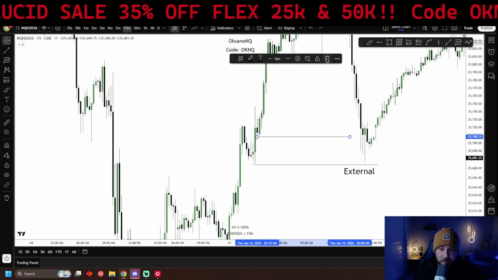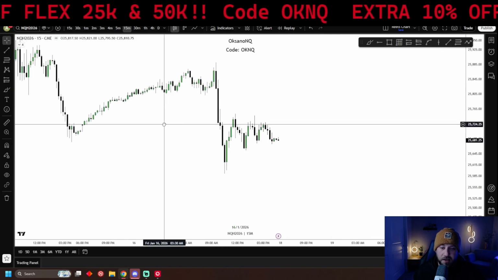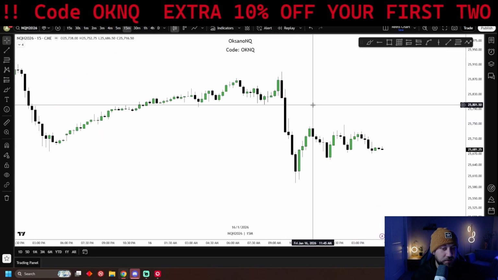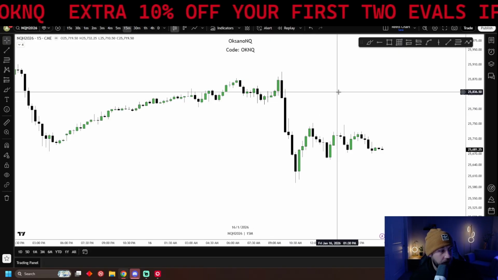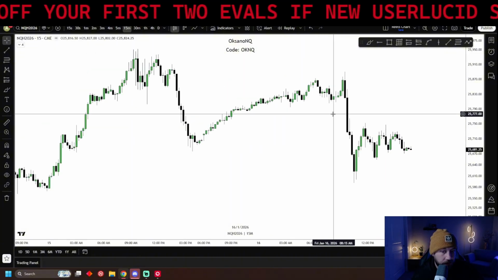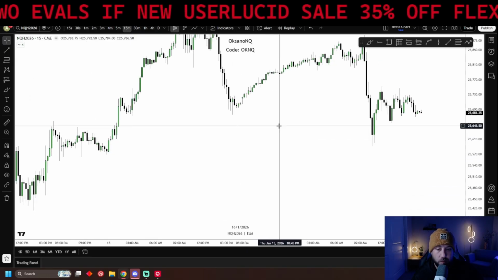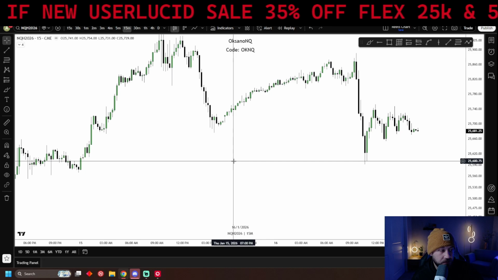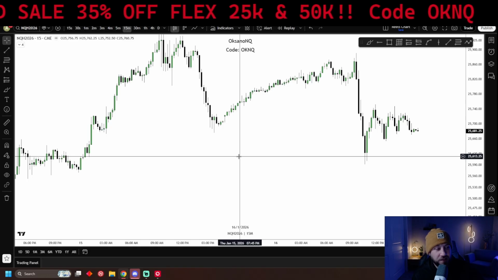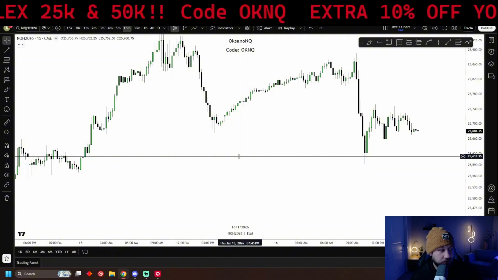So don't always marry the external. If you're marrying the external and waiting for it to get hit and it's not, it's okay to change time frames to try and find something else. It just has to be an obvious swing high or swing low. If we're waiting for the hourly sweep all day and don't get it, but then we don't bother checking other time frames, and then we're like, oh, we never got the sweep, I can't long. But well, we swept a 15-minute low. We swept a 5-minute low. You know what I'm saying?